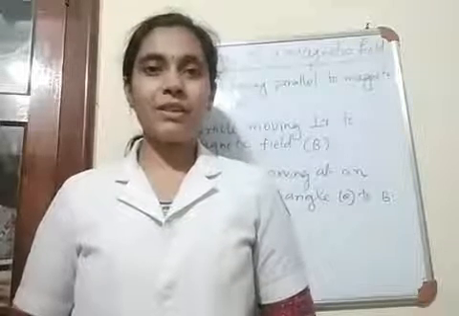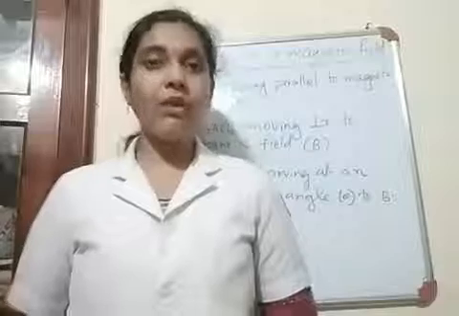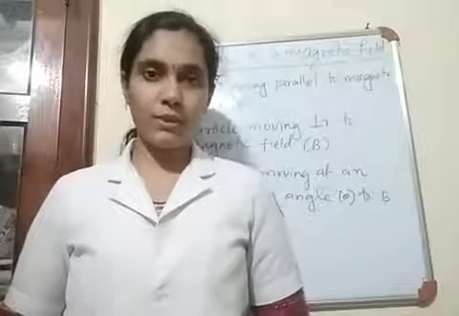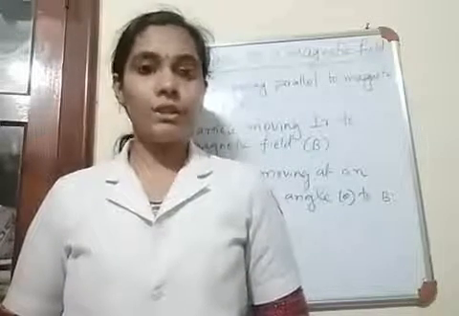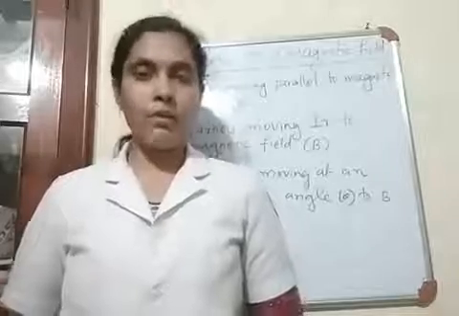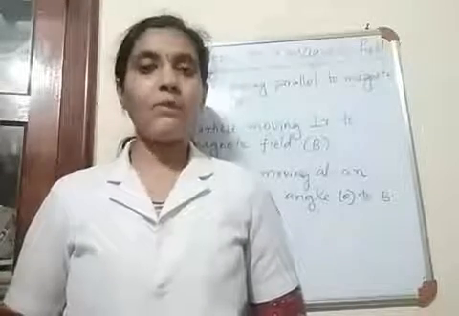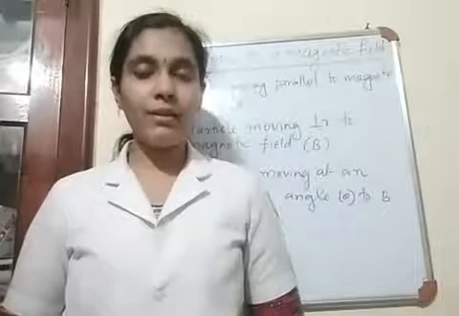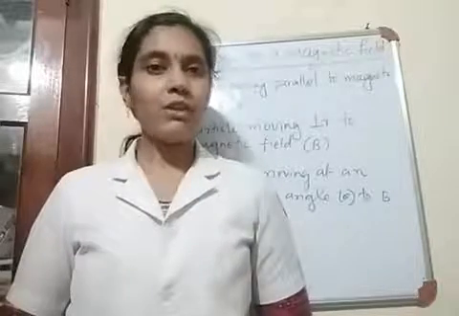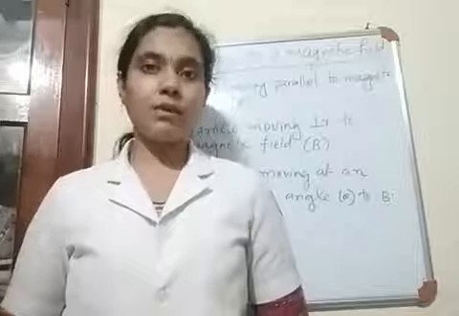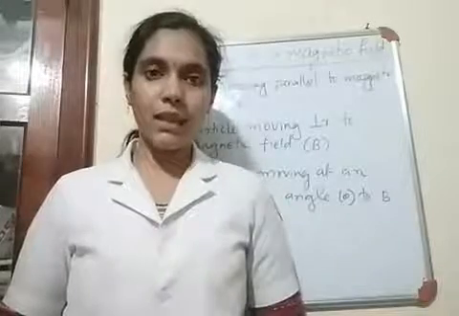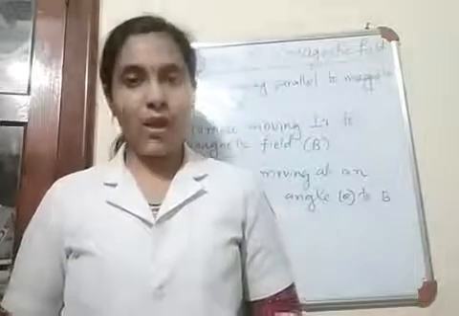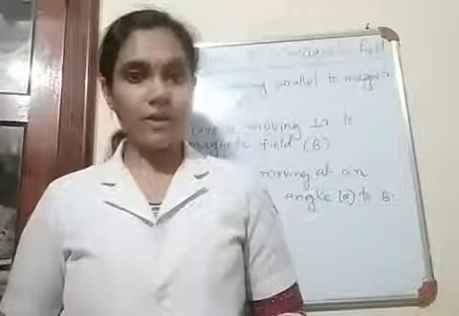Children, in the previous session, we had discussed force, magnetic force, and we studied two expressions for a magnetic force. What was the first expression? It was the magnetic Lorentz force. And what was the expression? Do you remember that? Yes, it is Q into (E plus V cross B), where V is the velocity and B is the magnetic field. Also E is there, E is the electric field.